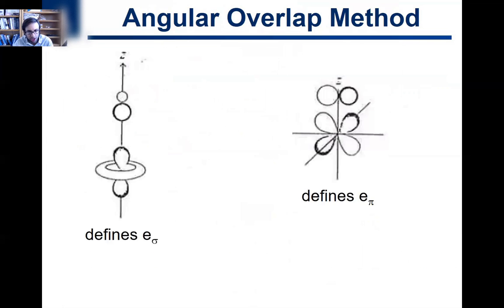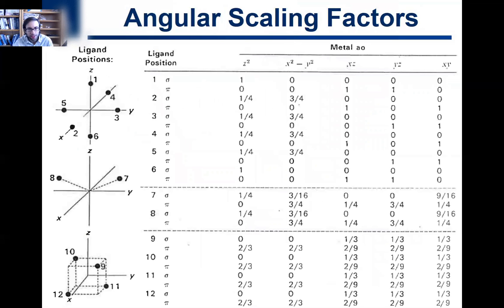of transition metal complexes. Okay, and so what you end up getting is essentially a map. Okay, and this is one of the handouts that's on Web Campus, and I'll always give you this handout. I don't want you to memorize this by any means. I'll always give you this handout on the exam. And so what it's saying is, all right, here are your different metal atomic orbitals, the different d orbitals, and here is whether or not you have a sigma or a pi, and these are the different possible ligand